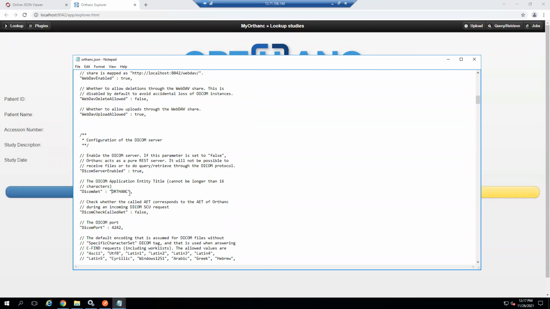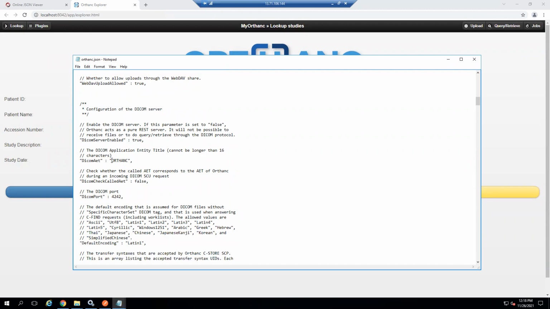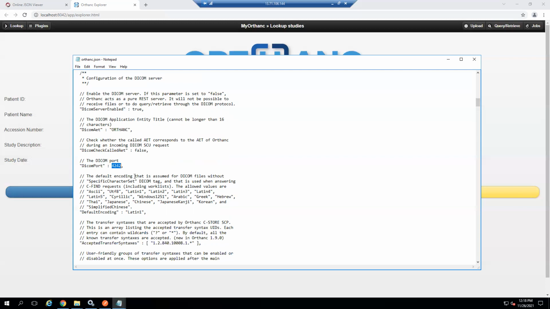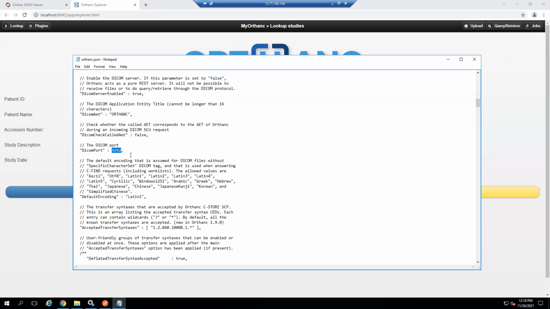Okay, which is a name from a communication point for this Orthanc application. So it has an AET called Orthanc, and if you want, we can change the AET name also. I just kept the default AET name over here, and the default port number they use is 4242 for any kind of DICOM communications. This port number also we can change to any port number, and we can open the port for the communications. Okay, so these are the two things basically for the conventional DICOM communications.